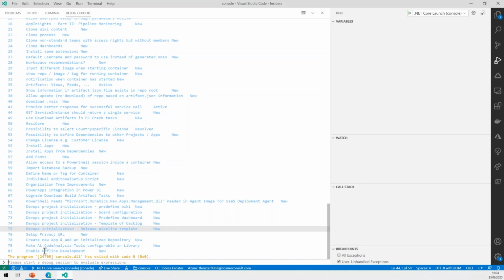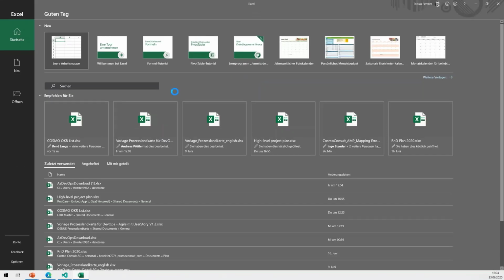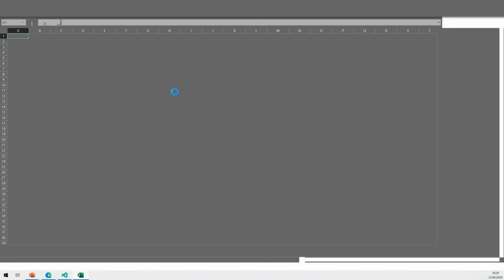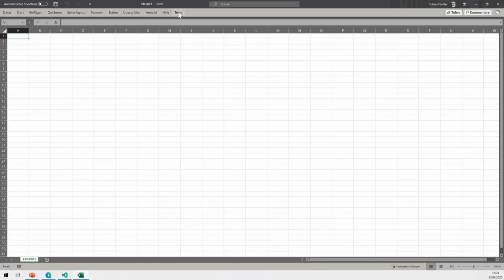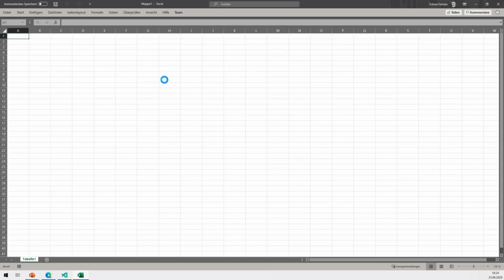The last example of getting information from Azure DevOps I wanted to show you is the Office integration. So for that, I will switch to Excel. And I'll just open an empty Excel file. Use the Team plugin. That's a plugin that you can just freely download and install. It's the official one from Microsoft, and I say new list. Again, same as with the other APIs, I need to let it know to which organization I want to talk to. So it's now loading the ones that I've previously used. If you run this for the first time, then you just need to provide the URL.